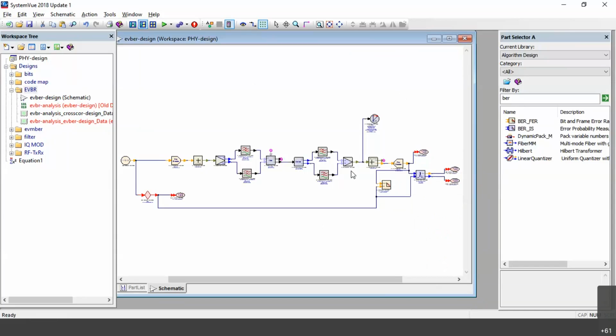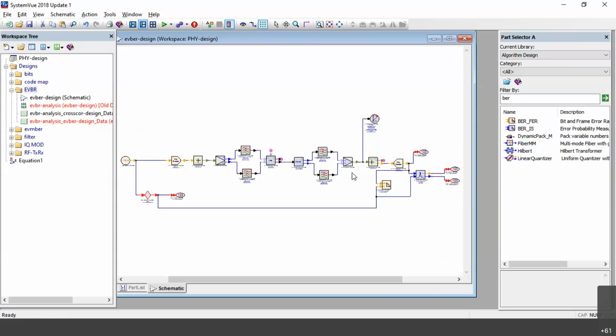So this is with respect to EVM, bit error rate, and the cross correlation, and how to analyze the modulation technique, and how we can generate the bits. Fine. These are all the things that can be done here. Okay. So I want you to analyze.